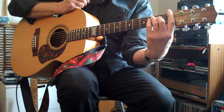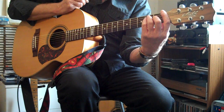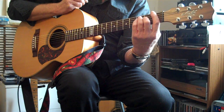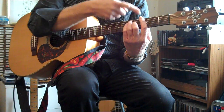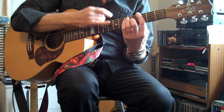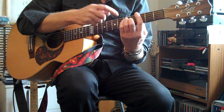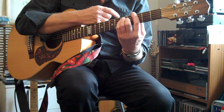Still got my E, and now what I'm going to do is move up 3 frets with no pressure on the strings. 1, 2, 3. Making sure finger 1 is just relaxed across the 3rd fret. Finger 2 is now on the G string 4th fret, playing a B. Fingers 3 and 4 on the 5th fret, A and D. Now gently